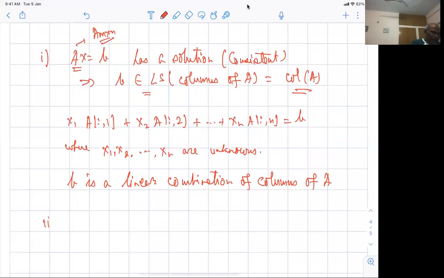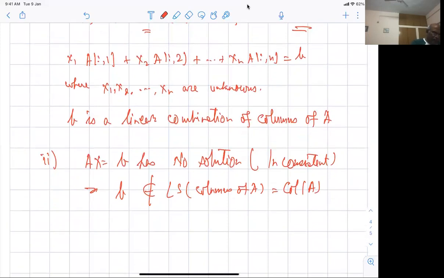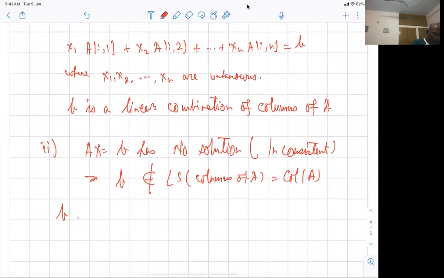The other thing was this was about consistent. The other thing is about inconsistent. Ax is equal to B has no solution. Inconsistent means that this implies B does not belong to the linear span of columns of A, which is the same as column space of A, and which is the same thing as saying that B is not a linear combination of columns of A,